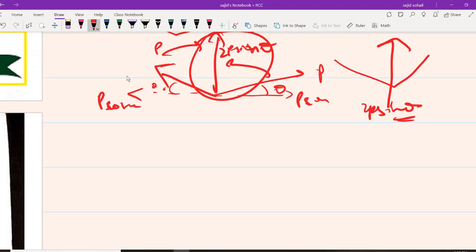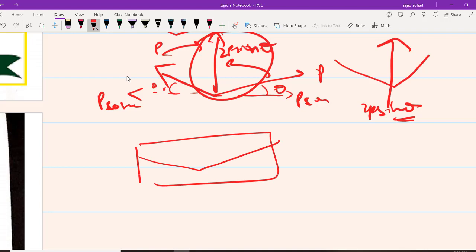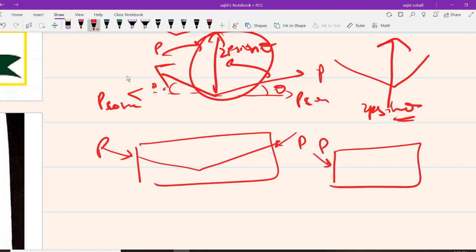Even in simple language you can understand. No need to go into anything in detail. Everything you can clearly see. That means whenever you have a profile something like this, there is an upward force acting on my body, which is 2P sin theta in this case. I hope it is very clear. Did you understand the concept?